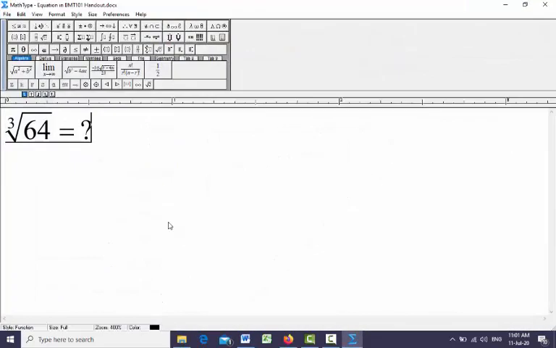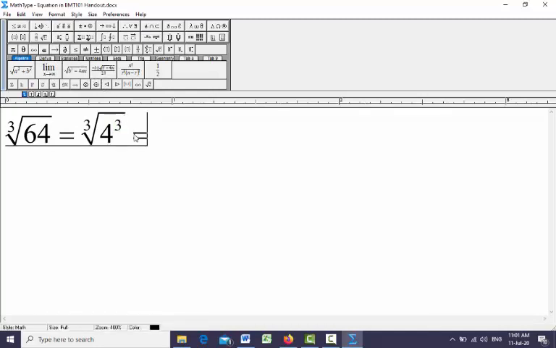Next, check out question number 3. How can we simplify it? As you can see, this is the cubic root. Inside the cubic root we have 64. 64 is 4 to the power 3. So in another way we can write it like 4